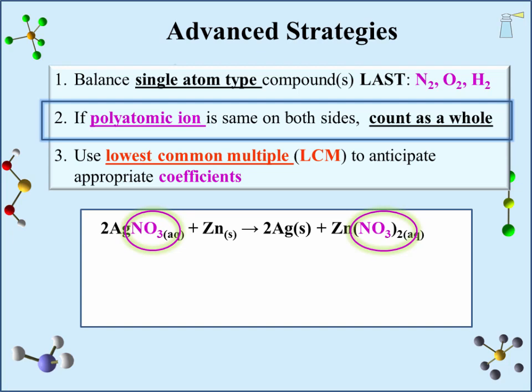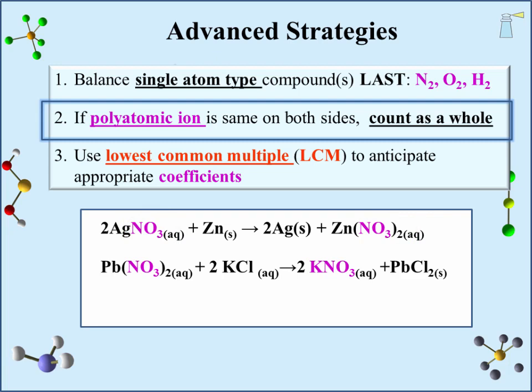There are 2 nitrates on the reactant side due to the coefficient of 2 of the compound silver nitrate. On the product side, there are also 2 nitrates, this time due to the subscript following the parentheses containing a nitrate ion as a whole. An example of a double displacement reaction has the polyatomic ion nitrate unaltered in the reaction, allowing nitrate to be